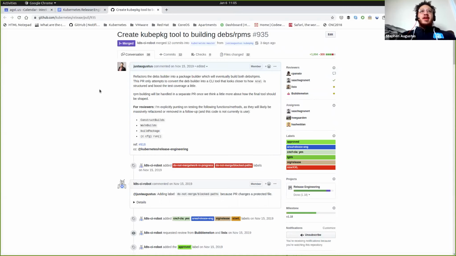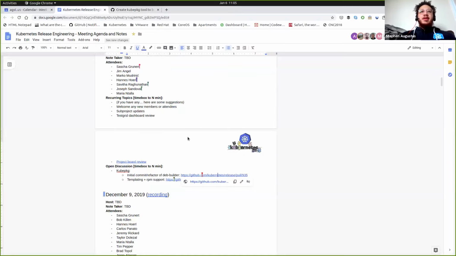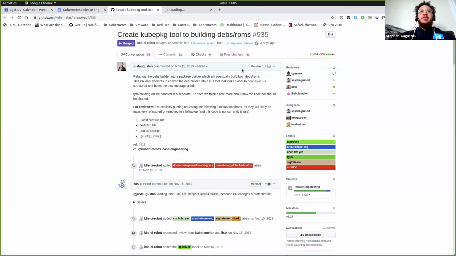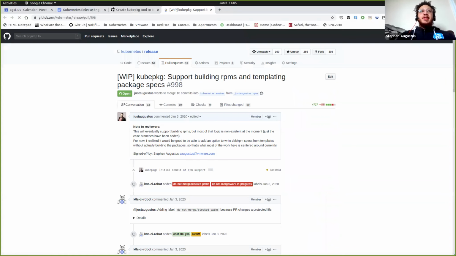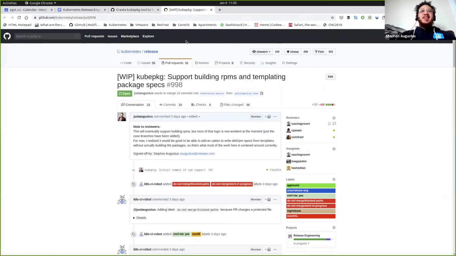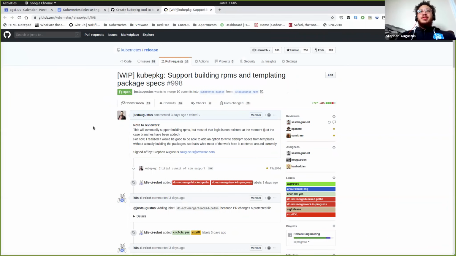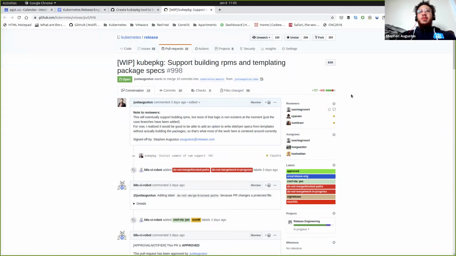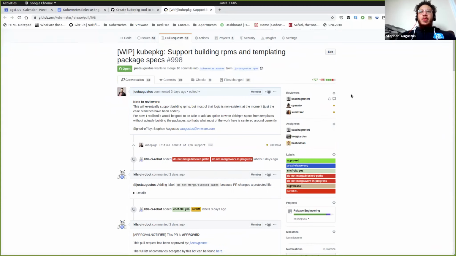The second piece that I've been doing is here, and that is templating and RPM support. Right, so after it was refactored to look a little bit more like CREL, the second piece of that was, my computer's frozen. Okay, all right. The second piece of that was to support templating in the package specs, and then add support for building RPMs. So